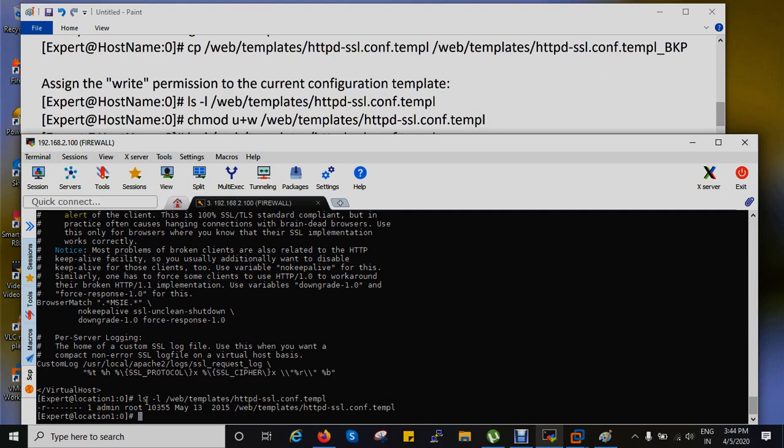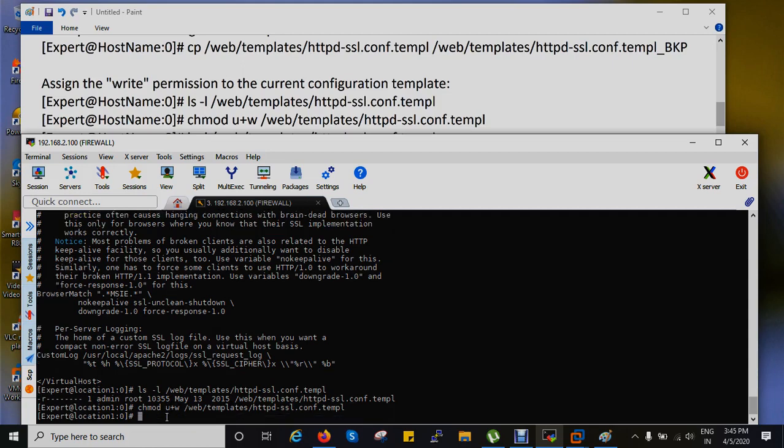So here what is showing? It's showing admin root, and you have the permission of that. Next is chmod. Not a minus, we have to use the plus sign here, and w, again on the web template httpd conf.